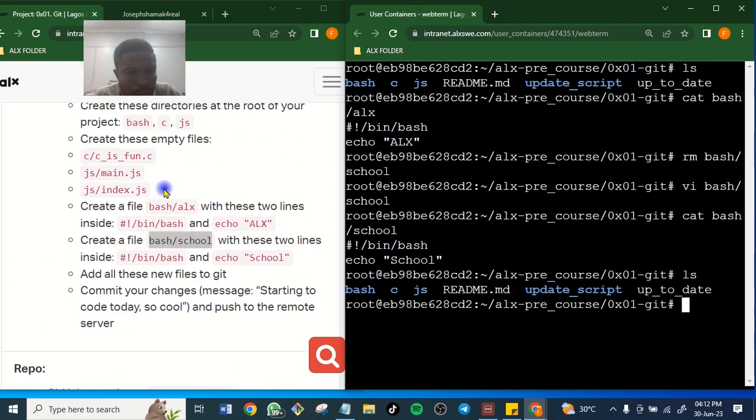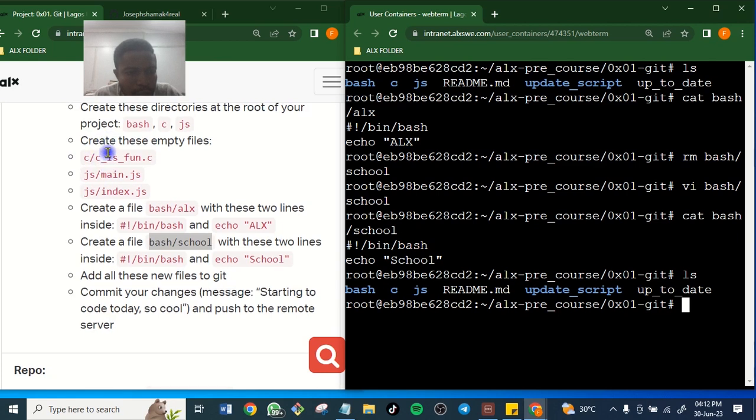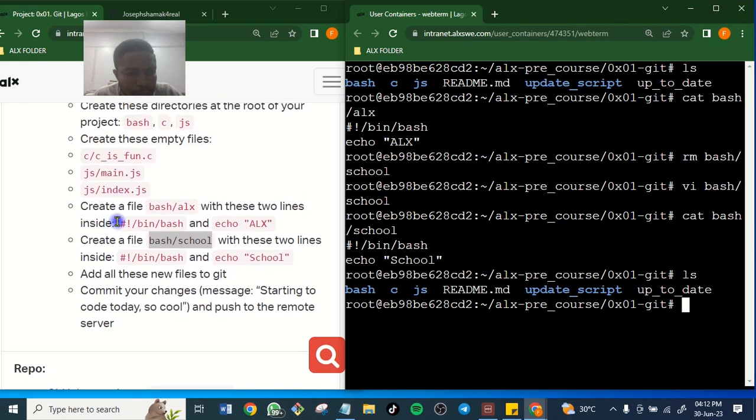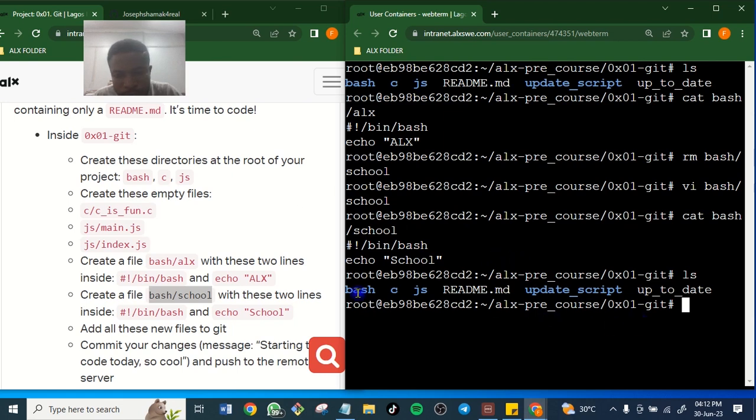So that is there. Verify this too. So let me go back to this. I think there's a problem with these files here. There must be a problem somewhere. Empty files. bash cjs. So let me create these empty files.